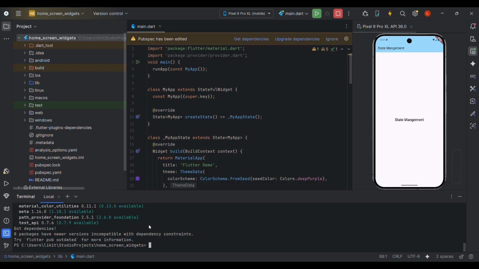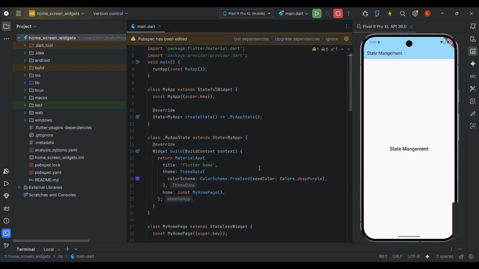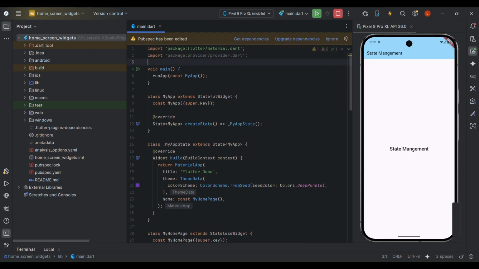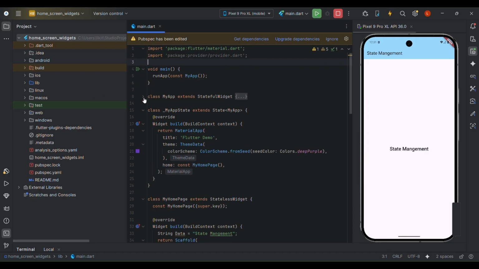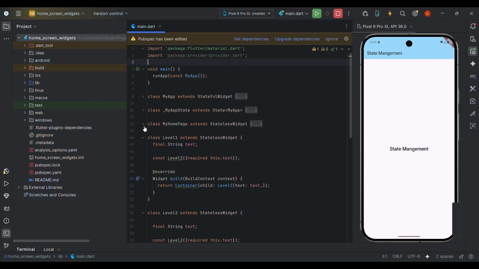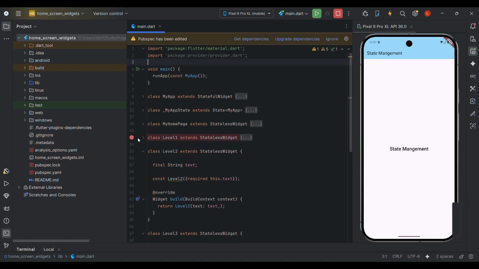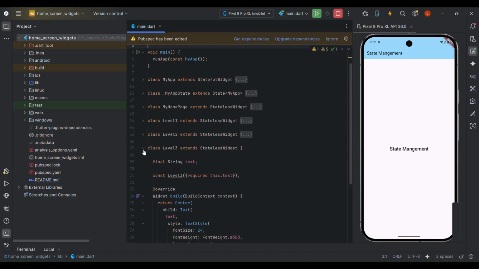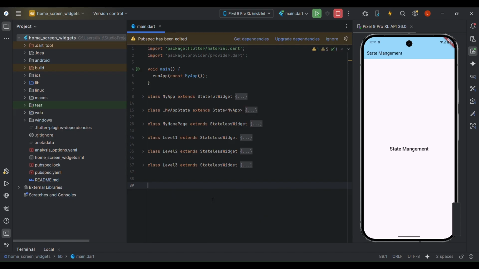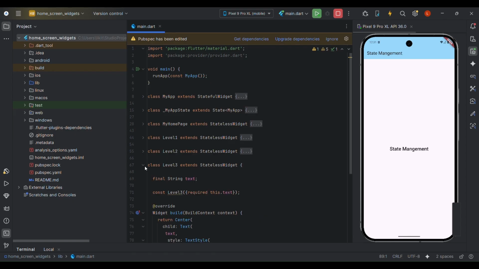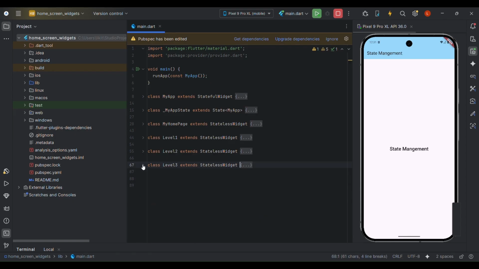Whoever has not, make sure you install it. Once it is installed, make sure you have imported that package. Done. Okay. The next step I have to do is just make sure it is not clumsy. Okay. Next thing that I have to do is, instead of me passing the data down to the child from a